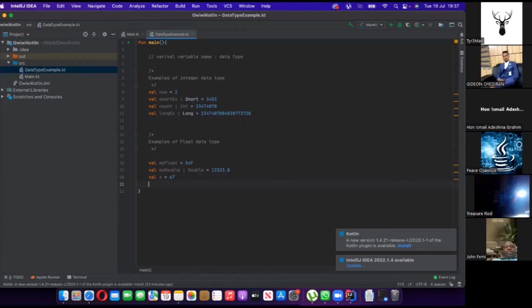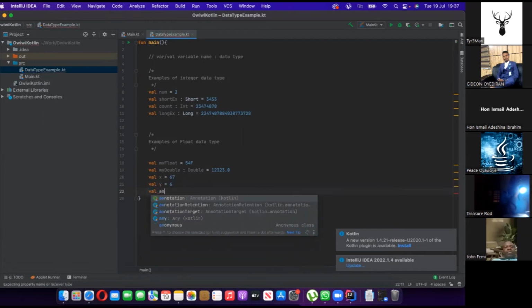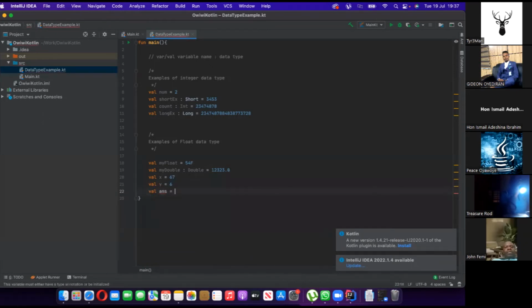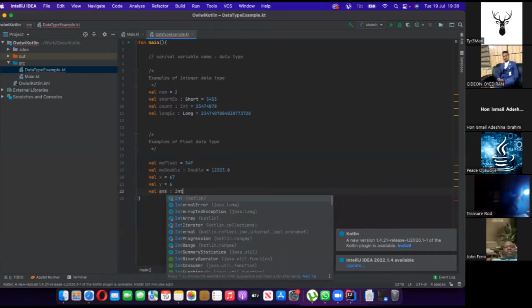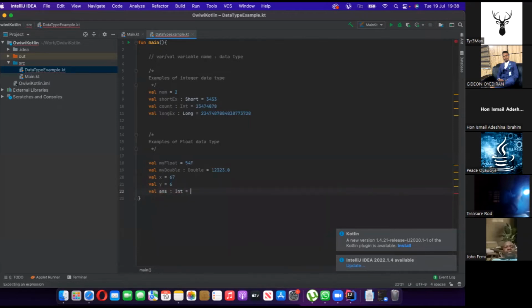which is, let's now say, I want to confuse our head because I just want us to think whether we are following or not. I give it a data type that my answer should always be of data type integer. So let's say, for instance, I'll do x divided by y. Let's see what the answer is going to be. Print line